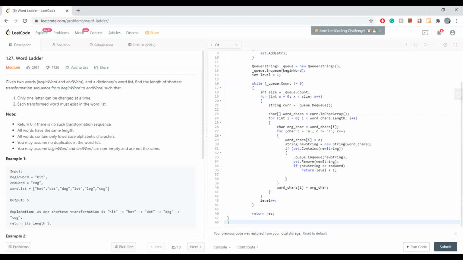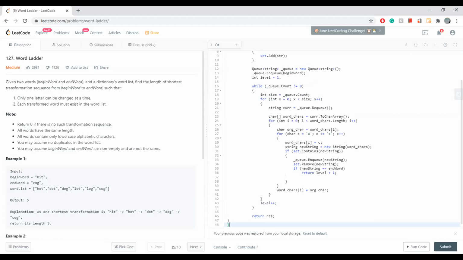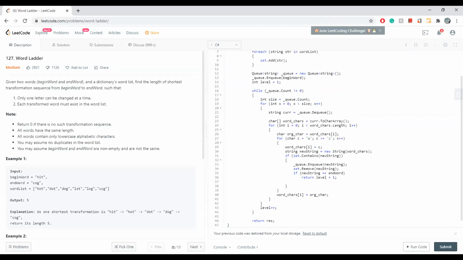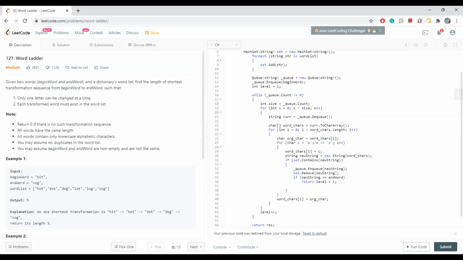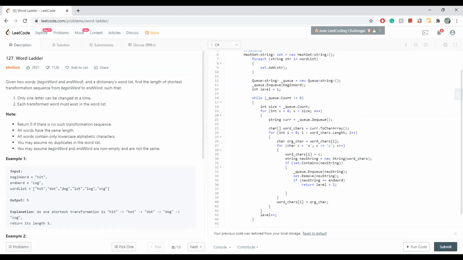But when we have this adjacency list, one word appears in multiple adjacency lists, and there is a loop. I also hit the TLE, but once I added the condition that if the word has been visited, then skip it, it got fixed.